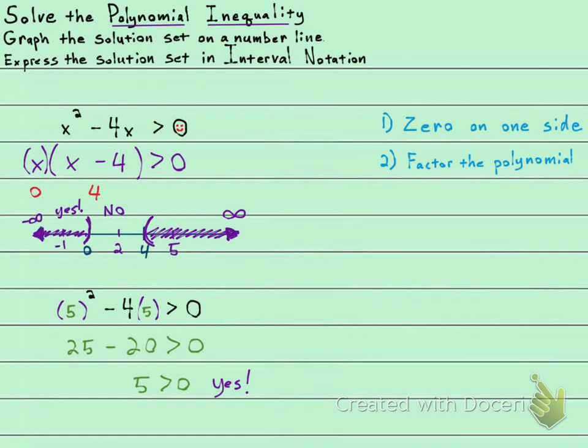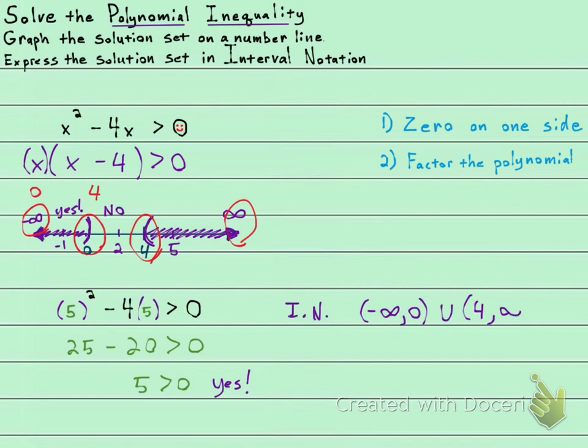Interval notation. If my graph is done correctly, my interval notation is just going to come straight down. So I can see that I have one interval from -infinity to 0, and I have another interval from 4 to infinity. So -infinity to 0, parenthesis, parenthesis, in union with